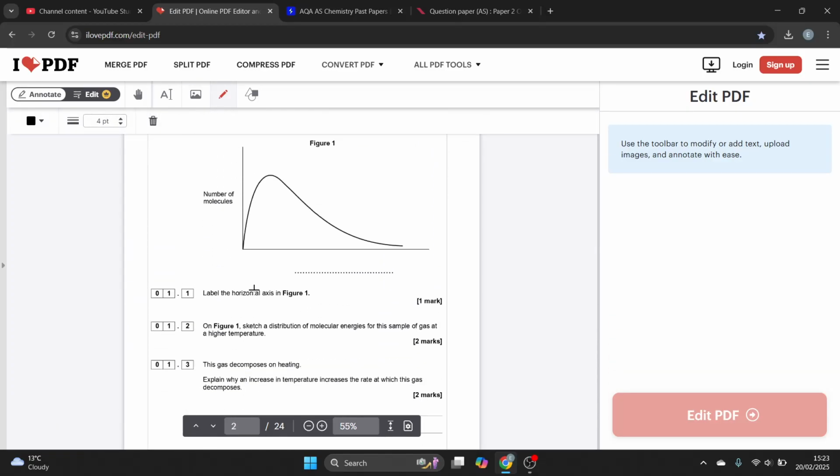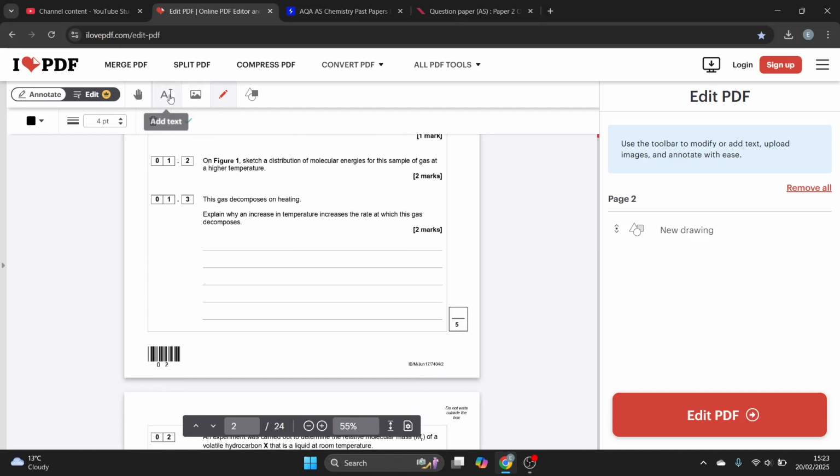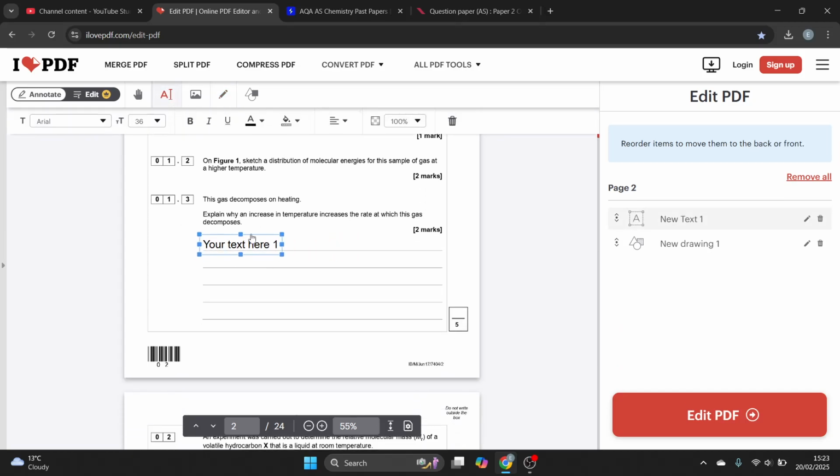Label the horizontal axis in figure 1, energy. In figure 1, sketch a distribution of molecular energies at high temperature. So it's going to be something like this, right? The maximum peak is lower and displaced to the right of the original. There we go. Given that increased temperature increases the rate at which the gas decomposes,